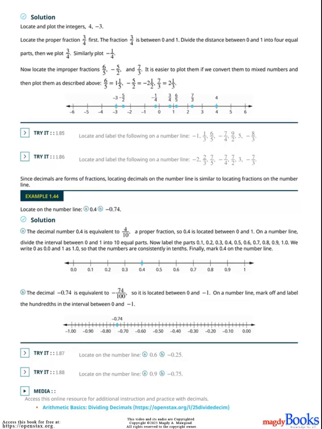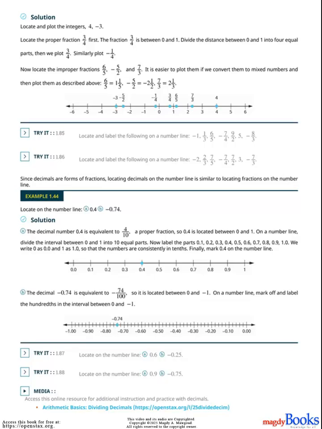Since decimals are forms of fractions, locating decimals on the number line is similar to locating fractions on the number line. Example 1.44. Locate on the number line. A. 0.4. B. -0.74. Solution. A. The decimal number 0.4 is equivalent to 4/10, a proper fraction, so 0.4 is located